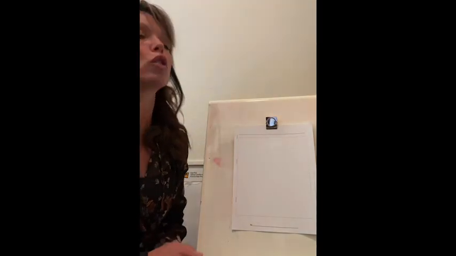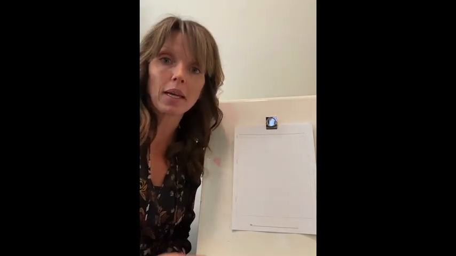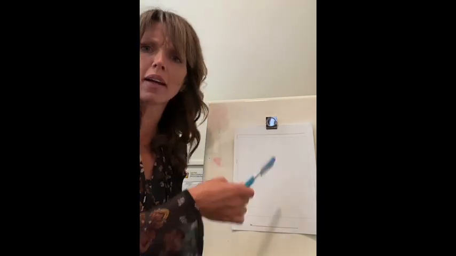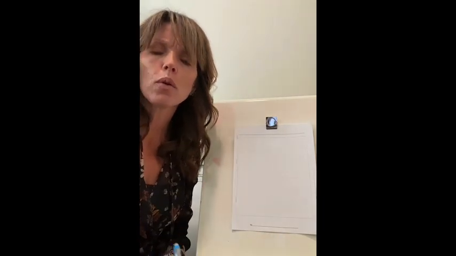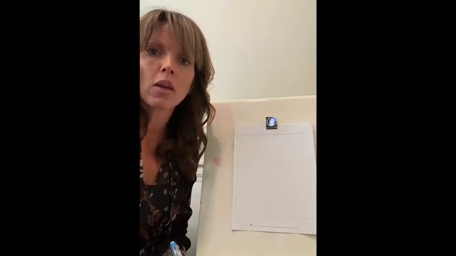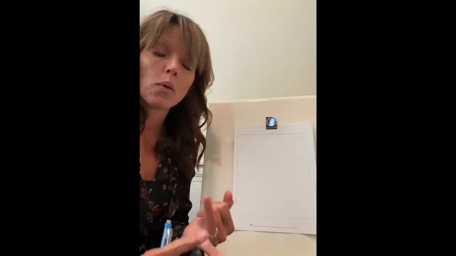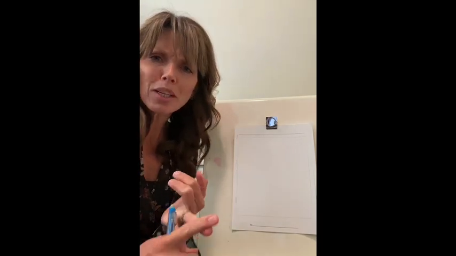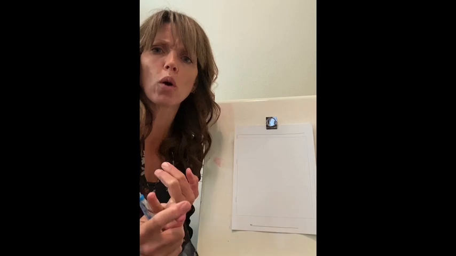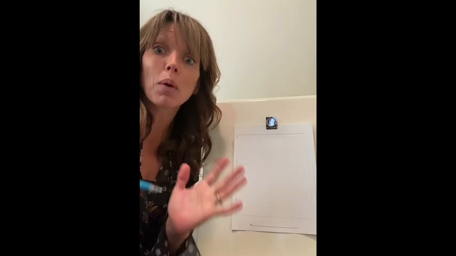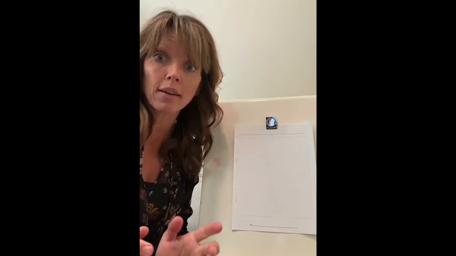So today we're going to do just like we would with any book that we begin. We're just going to start with the front cover today. Okay, and when we think about the front cover, we need to think of a title. We need to think of what the picture on the front cover is going to show, so we can show what the book is mostly about, okay?